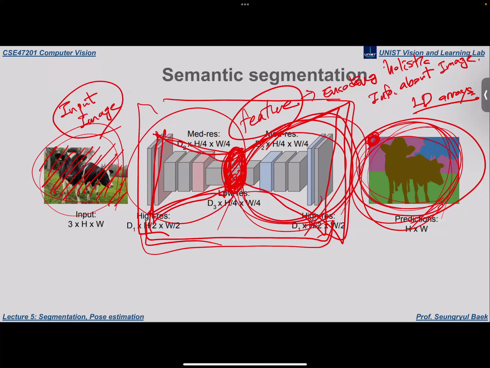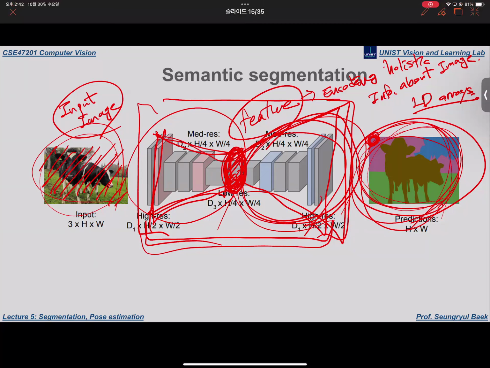The previous method that makes patches like this and assigns them to some ML algorithm and classifies each patch into a semantic class